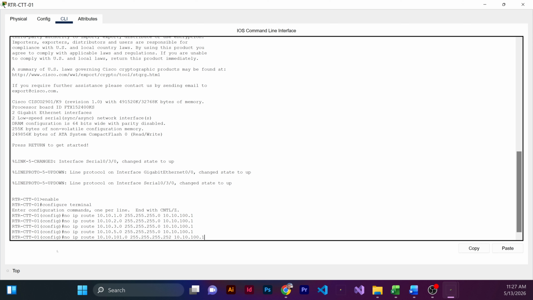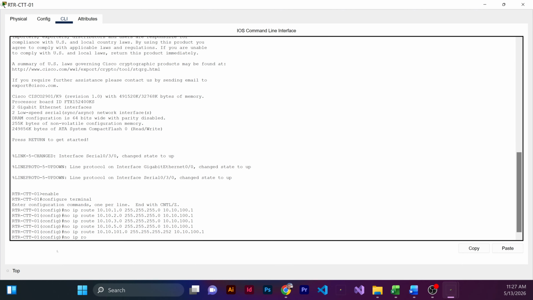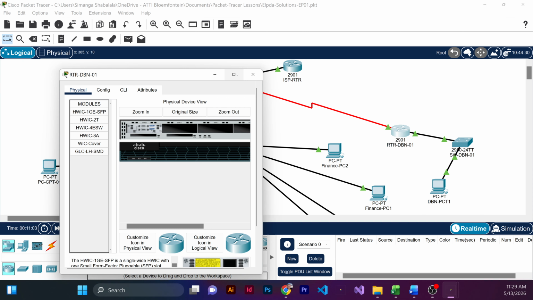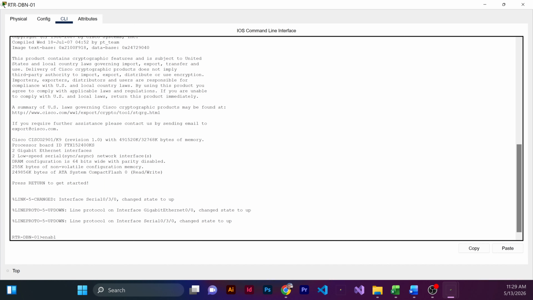And then finally no IP route 0.0.0.0 slash 0.0.0.0, and then 10.10.100.1, and then end. Okay, so we'll need to do the same thing to Durban, and then enable, and then